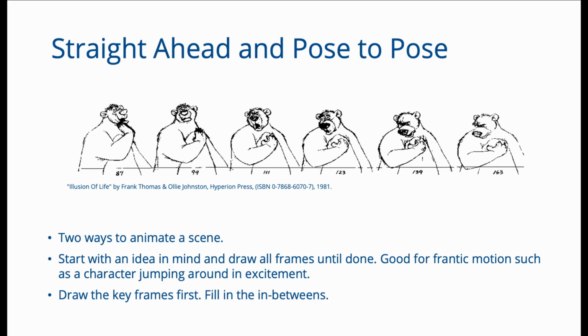So you can see the bear Baloo here, and he's sort of scratching himself, and he's also talking at the same time. But the scratching action is something that is unplanned. So the animator has just drawn this sequence of poses one after the other. This is a fine example of straight ahead animation. However, for other kinds of animation, you first draw the key poses and then you fill in the in-betweens. That is known as pose-to-pose animation, and we have already seen examples of that.